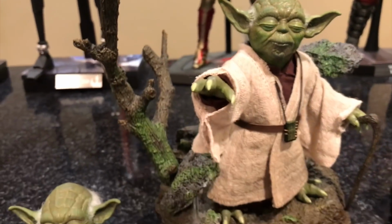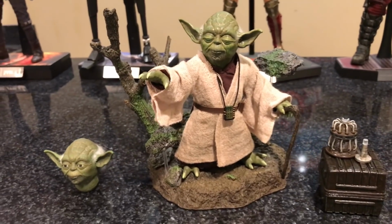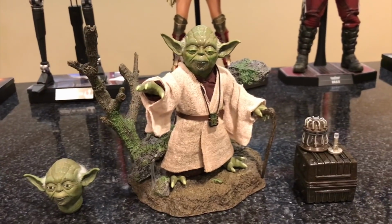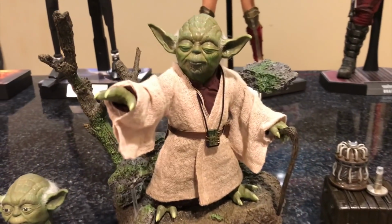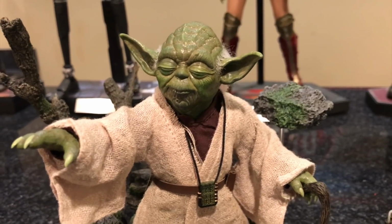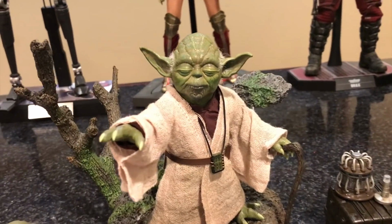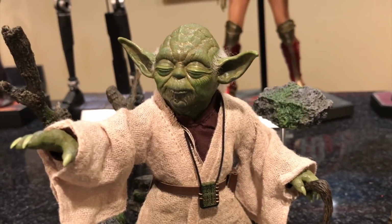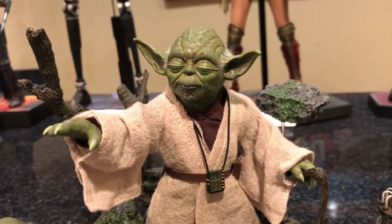But I just love this figure. It's a small little figure, and I highly recommend it. I mean, if you're a Star Wars fan, if you like Yoda, this is a must-have. This was an absolute must-have for me. I'm so glad I have him in my collection. It's just a great looking figure, excellent articulation, great use of soft goods, but he is my 6th favorite purchase